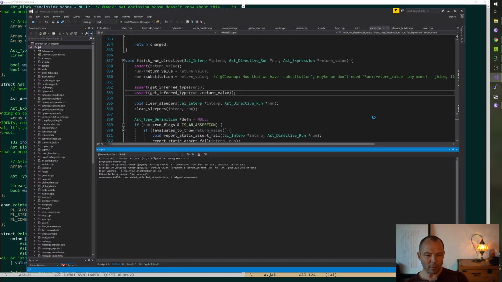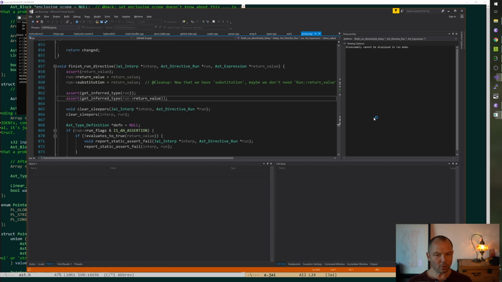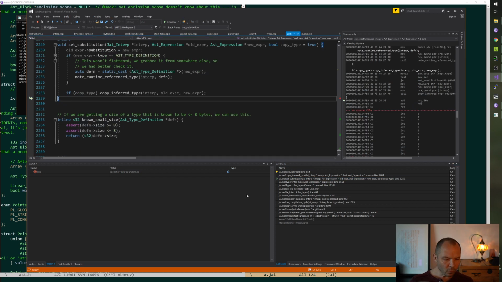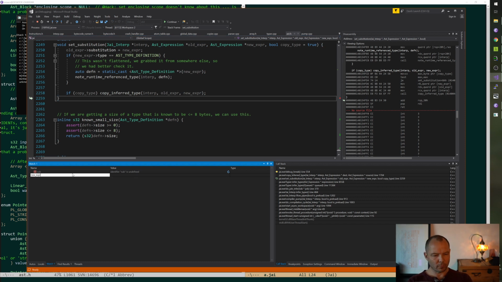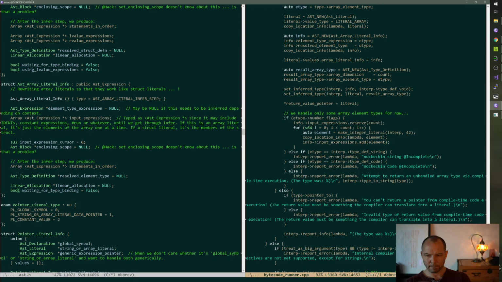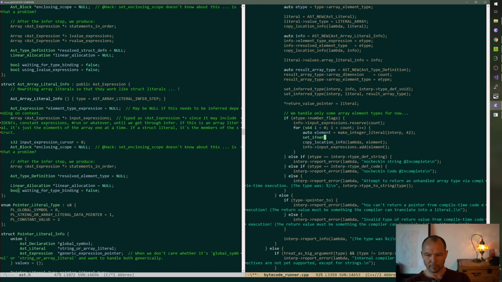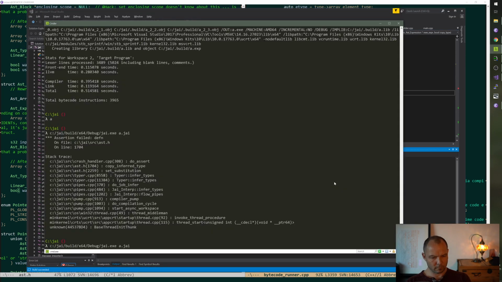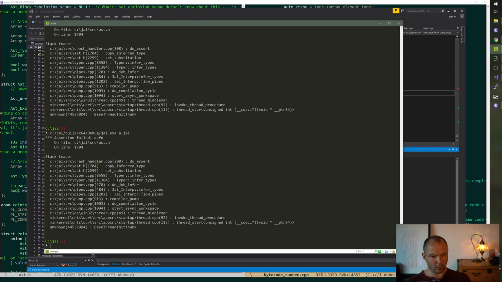I guess we're calling type of now, which we weren't doing. Let's see. Set substitution. Oh, we're not setting the individual literal types, which we need to do. Still didn't help.